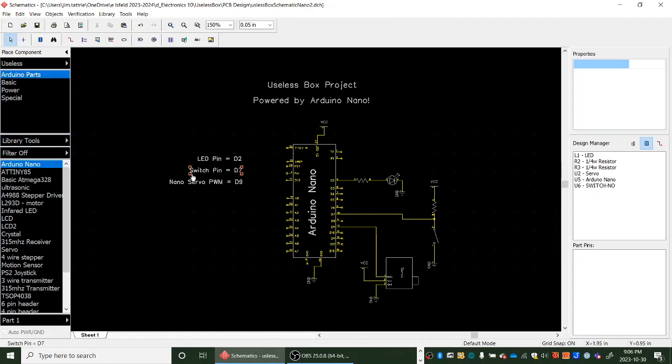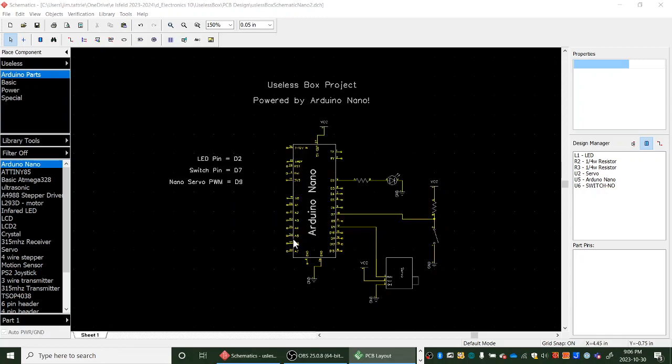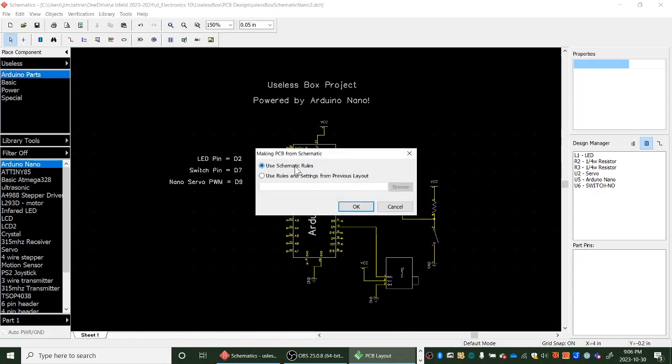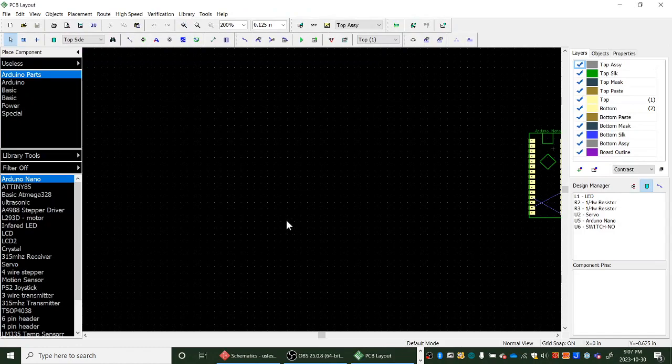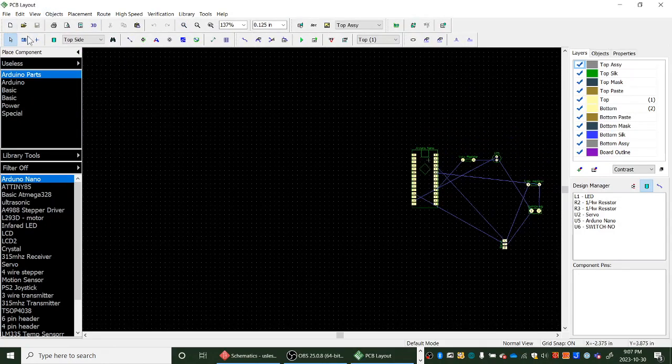And when you click that, and this is also something you can get to from your launcher that you use to open the schematic program, you'll be given a couple choices here. Use schematic rules is the one we want. Push OK. And we are now in the PCB layout environment you can see up at the top of the